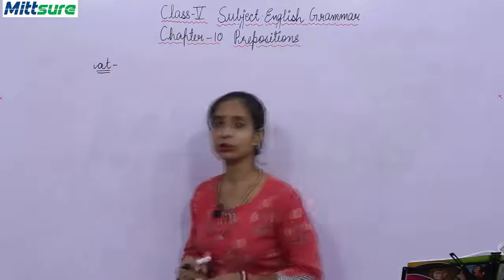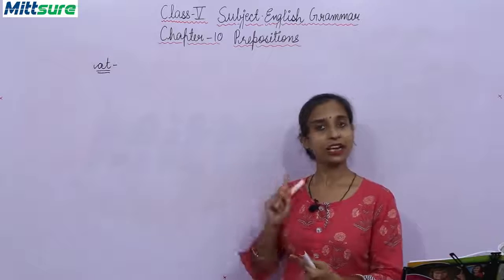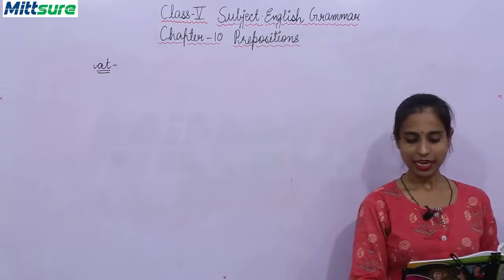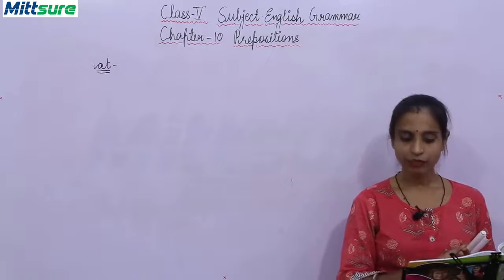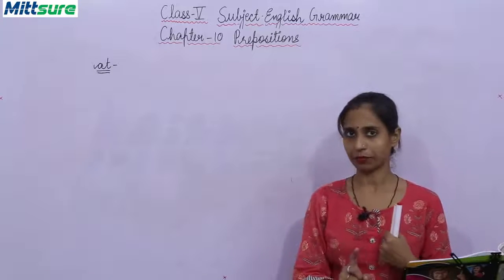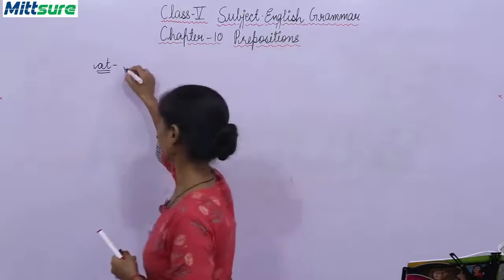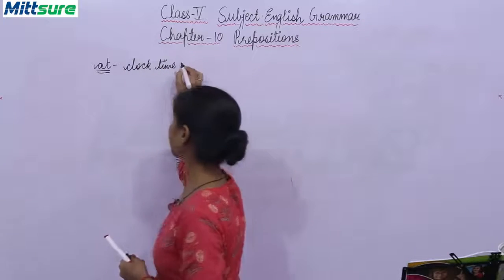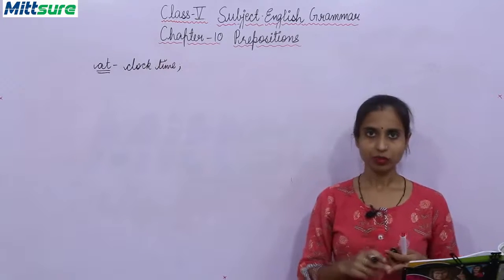I have already told you, "at" is used for place and also for time. See, it is written that "at" is used for clock time. At 5 o'clock, when you want to show the exact time, it is used for clock time also,